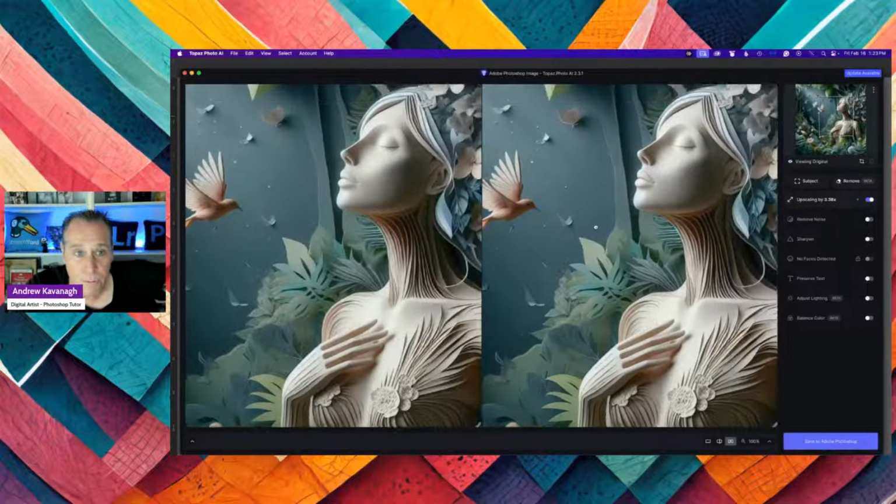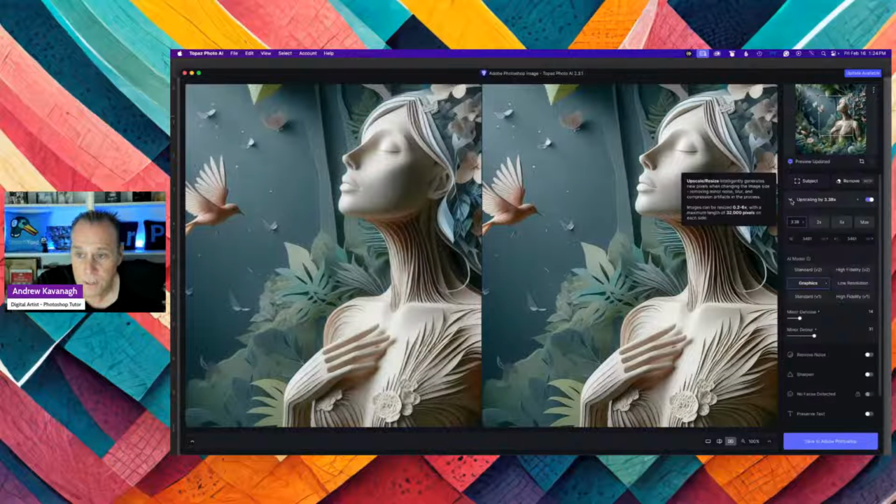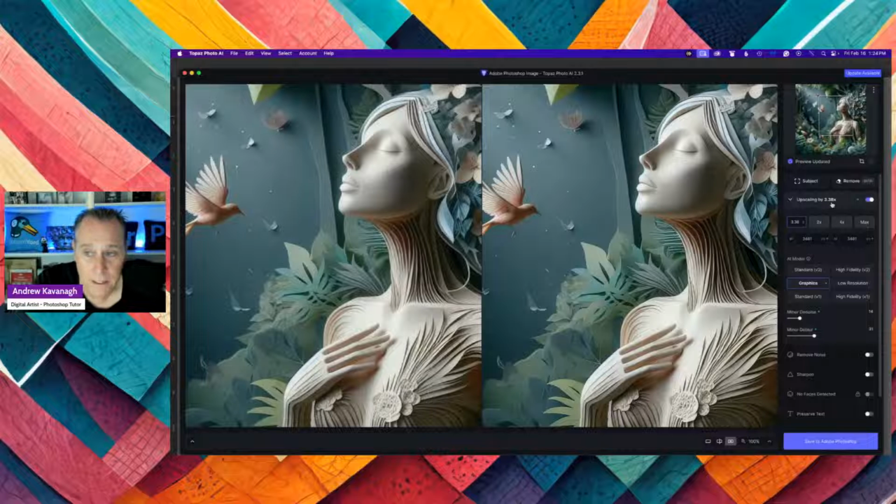So what happens is you get a preview. Already you can see on the left, it's kind of textured. On the right, it's smoother. And then there's a bunch of options here. So the first is the upscale. I don't need to upscale it by